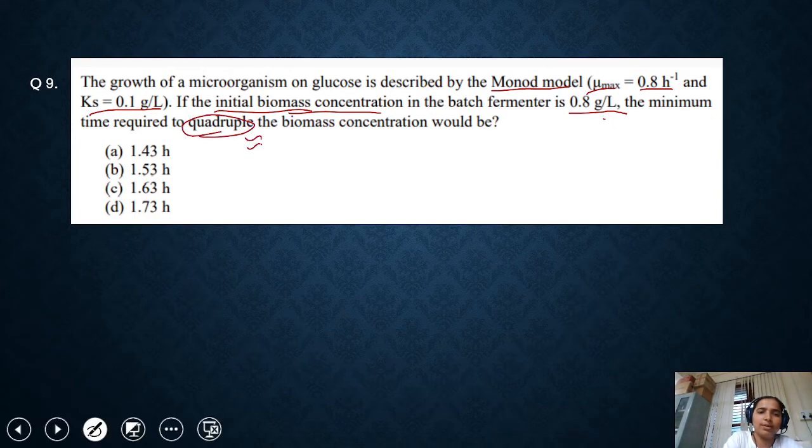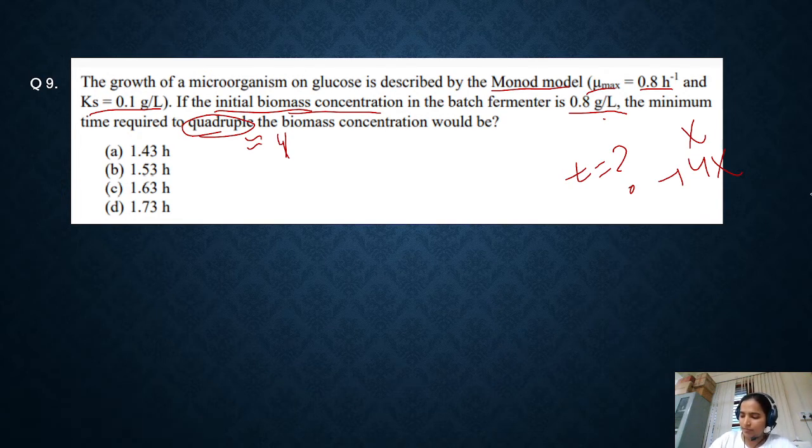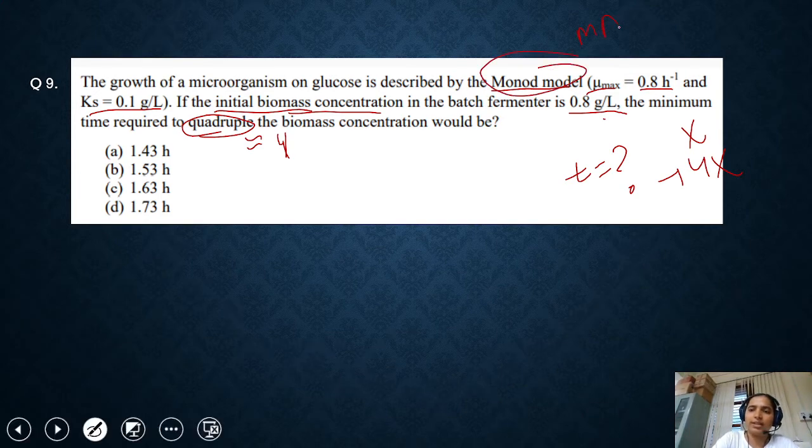It means that biomass concentration becomes 4 times. So if the initial concentration you consider is x, then it will become 4x, and they are asking the time taken for this. And you know that the Monod model, we usually consider it similar to the Michaelis-Menten equation. But in this equation, we'll consider the very basic formula for this batch fermenter, in which mu, that is the rate change,